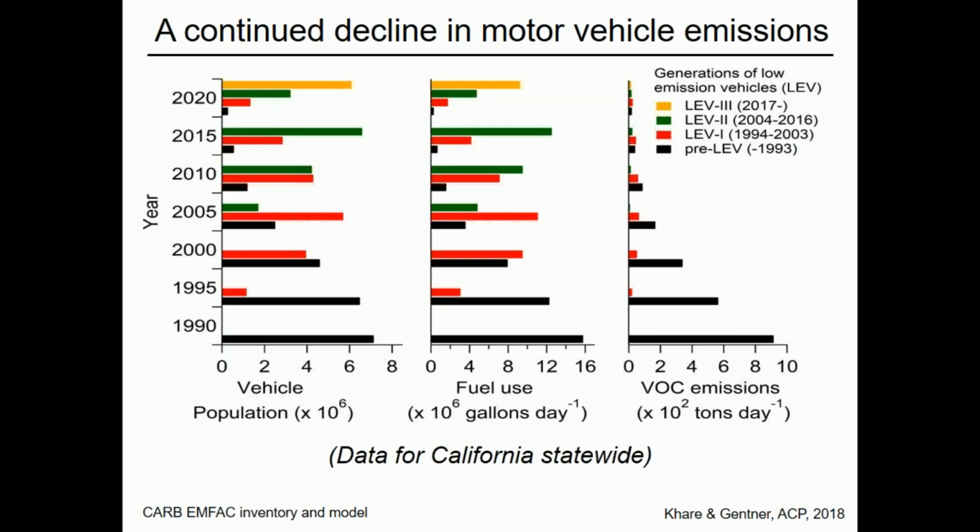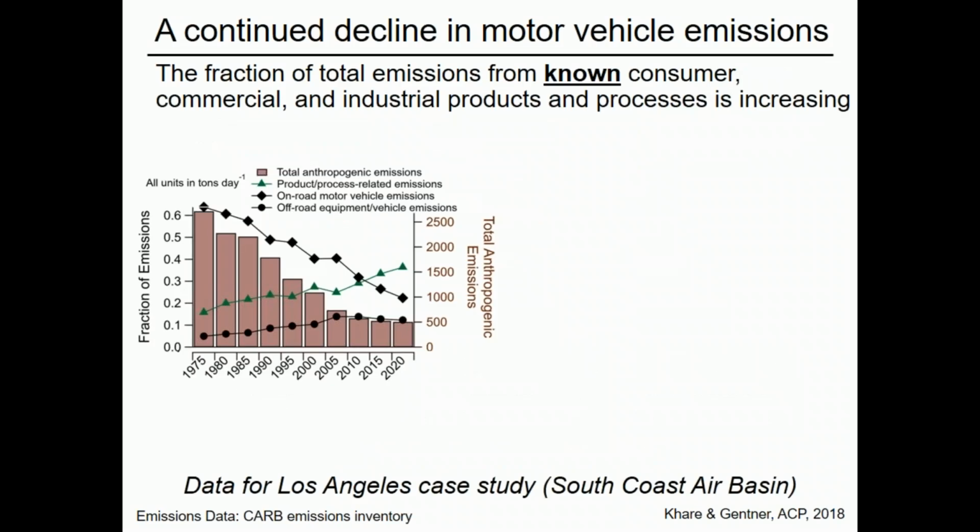And so if we look at how these emissions changed here over 1975 to 2020, and this is just what's reported in the emission inventories in their current state. We have the fraction of emissions shown here as the traces, and then the overall total anthropogenic emissions shown here in the bars. And so you see this sharp decrease, and what's driving that is the decrease in on-road motor